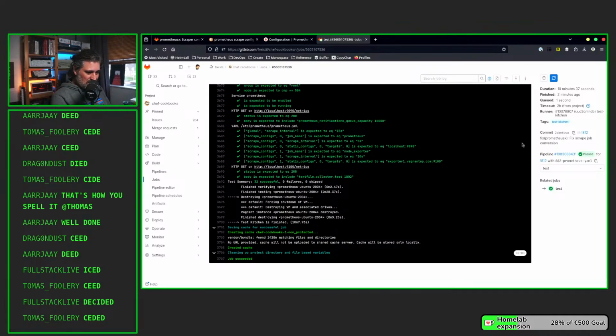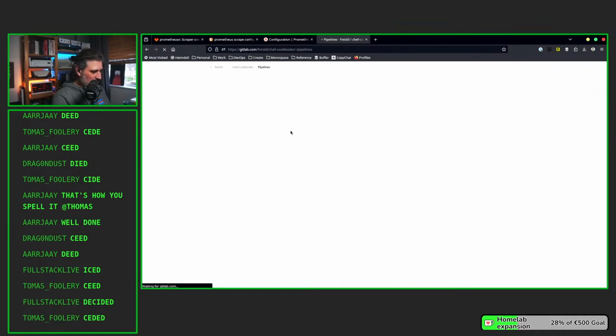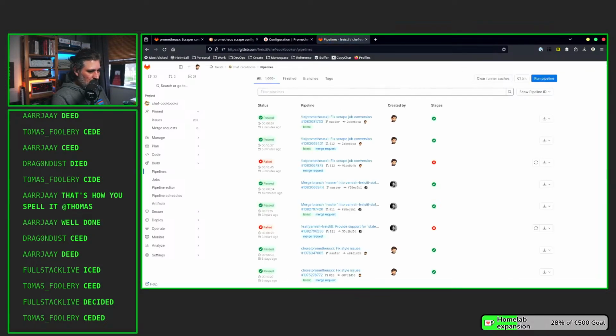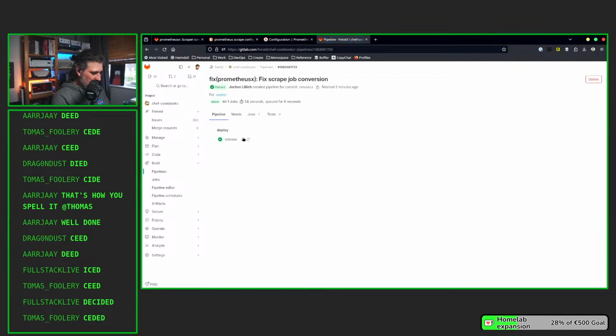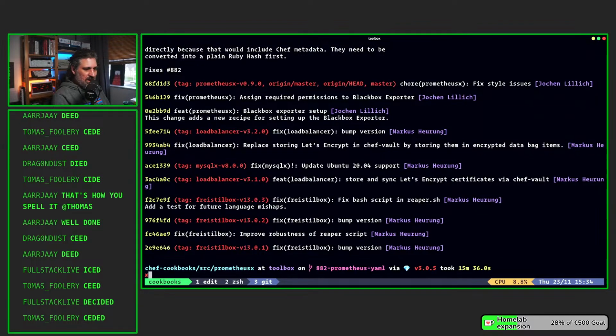Okay, so the test suite did succeed, which means the CI job was finished successfully, which means it was automatically merged, which means there should be another pipeline running. That actually passed as well. This was quite quick. It was released, which means there is now a version 0.9.1 of the Prometheus X cookbook. And that means I can actually return to my other cookbook, which is called Prometheus Freistyle, because my company